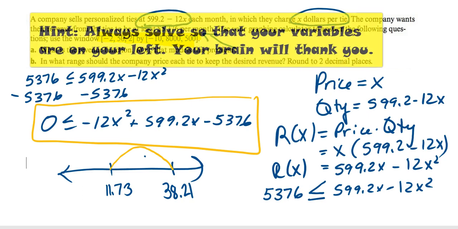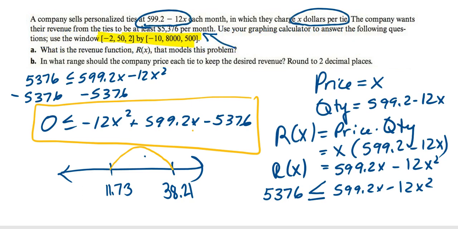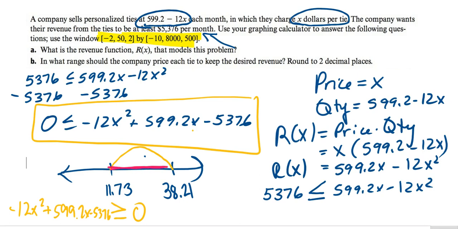Now, if this is confusing you, sometimes people, when the variable is on the right, it confuses them. So just go ahead and rewrite your problem, swapping the direction of the sign, if that helps you. See, I just changed it. The arrow was pointing to the left, now it's going to be pointing to the right. Now I can see I'm looking for values that are greater than or equal to 0. They're going to be the values in here. And I know it's going to be a closed circle because I have the equal on the bottom of the inequality. I could write that also as an interval